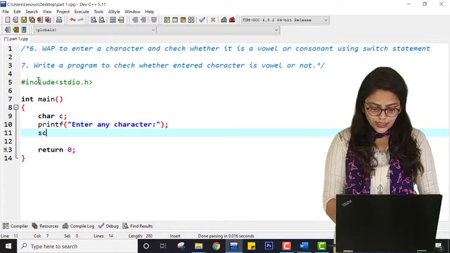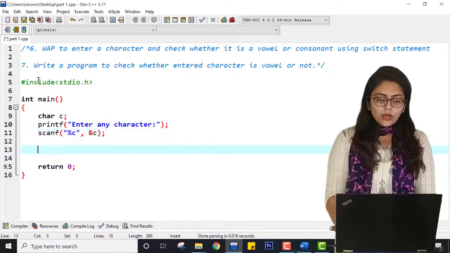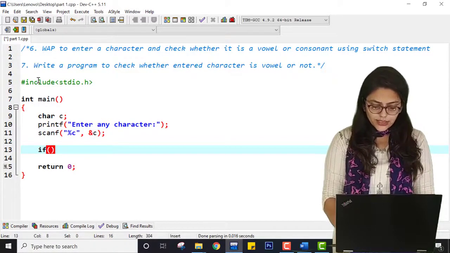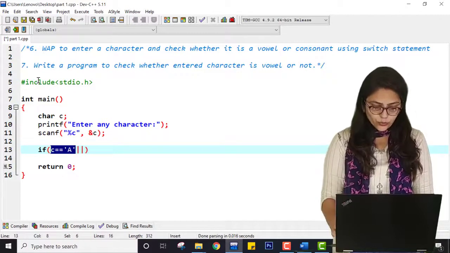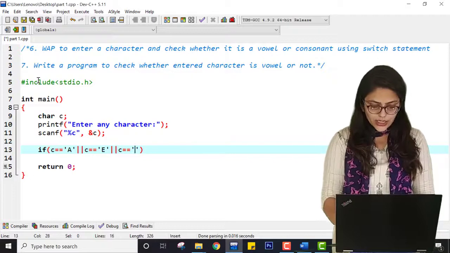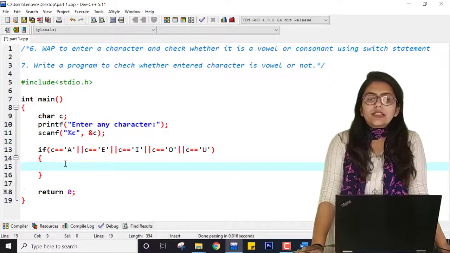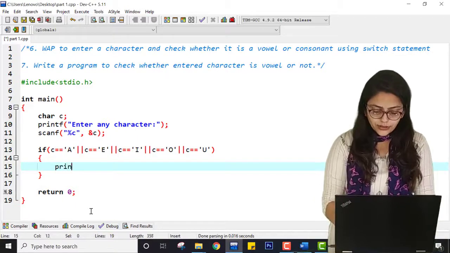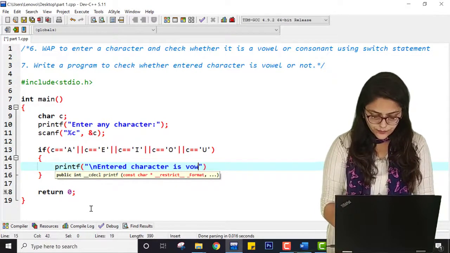Here I can use scanf as well as getchar, so %c and C. Now if C equal to A, or C equal to E, or I, then O, then U. I have taken OR over here because if any one of these characters appears, I am going to print \n entered character is vowel.